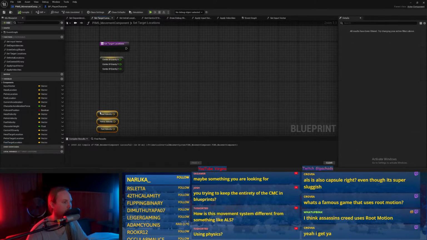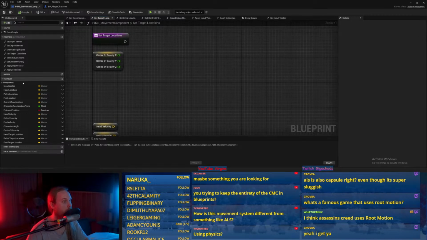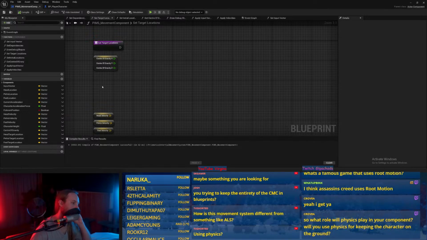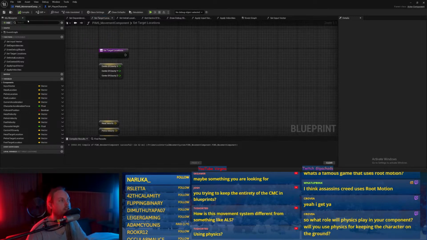So we have center of gravity XY. What rule physics plane your component will use physics to keep the character on the ground? So it's not actually using any, like, physics.